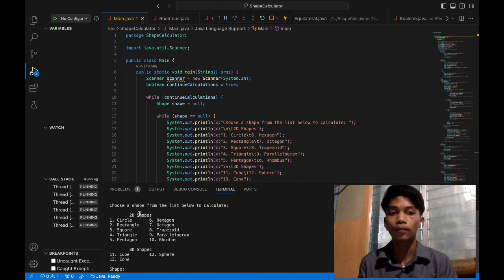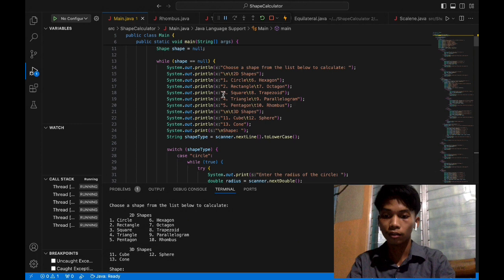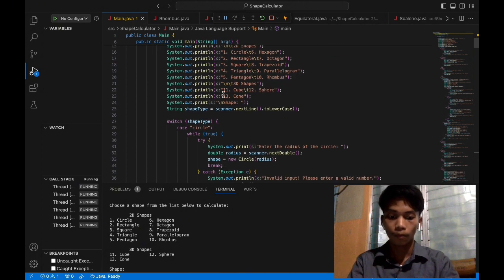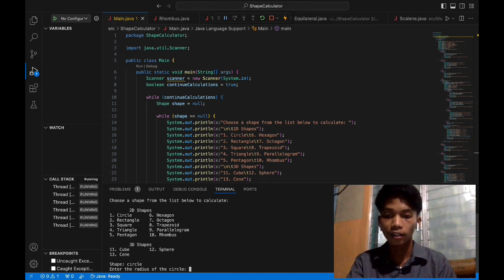So as I enter one shape here, for example, circle, it will show the calculation of the circle. So let's proceed to entering the radius of the circle.